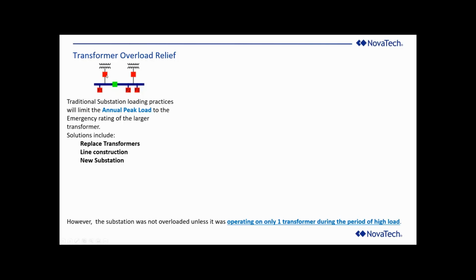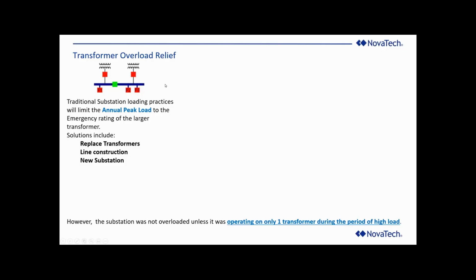When you have to take a transformer out of service, you close the bus tie, and these substation load limitations were limited to the emergency rating of the smaller of the 2 substation transformers. In this case, any one of those transformers could be taken out of service and carry the rest of the load. When you exceeded that, the